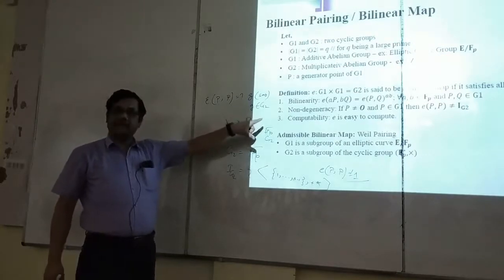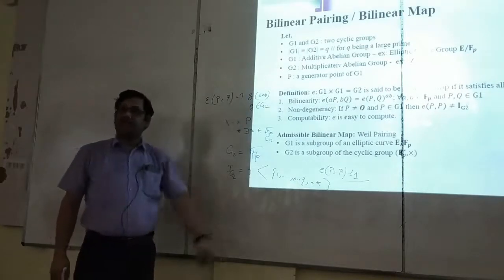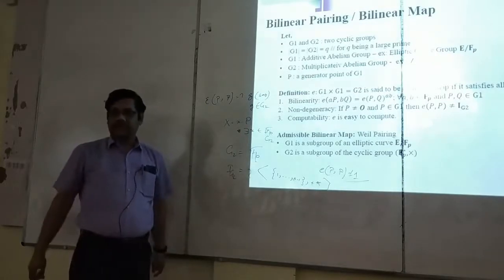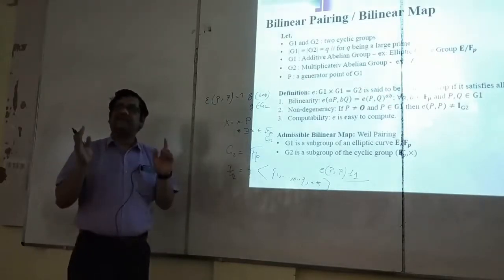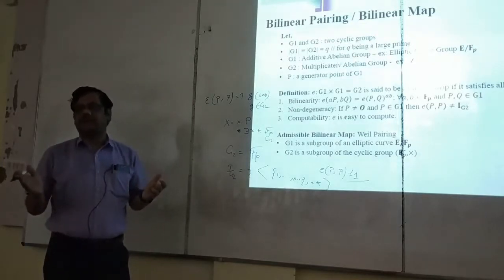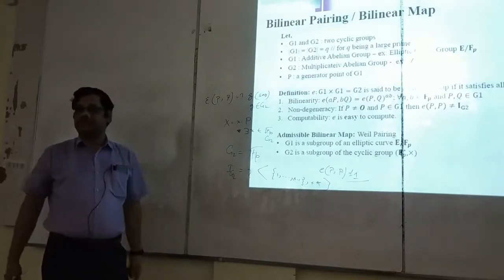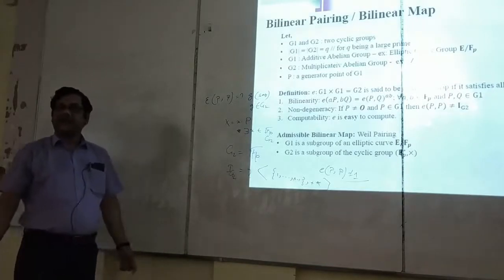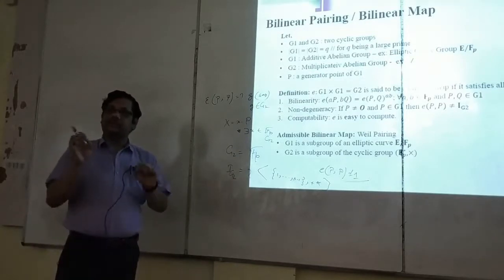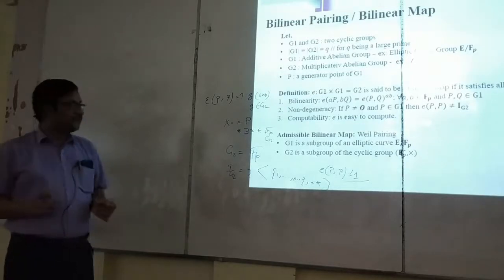g is that element. What is g? The output of EPP. What is P? P is the generator of G1. If it is an elliptic curve, then P is the generator of the elliptic curve group. Remember, G1 is not the entire elliptic curve. G1 is a cyclic subgroup of the elliptic curve. We have chosen a subset of the points from the elliptic curve, but not any subset. We chose it in a way so that it is also a group. Like you know that if we choose a subset of the numbers from Z11, it will not always be a group. You have to be careful in choosing the elements so that it still remains a group. So in that way we have chosen.